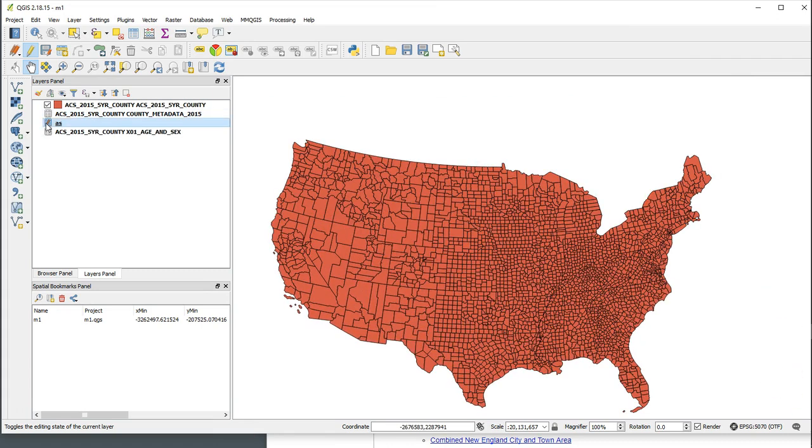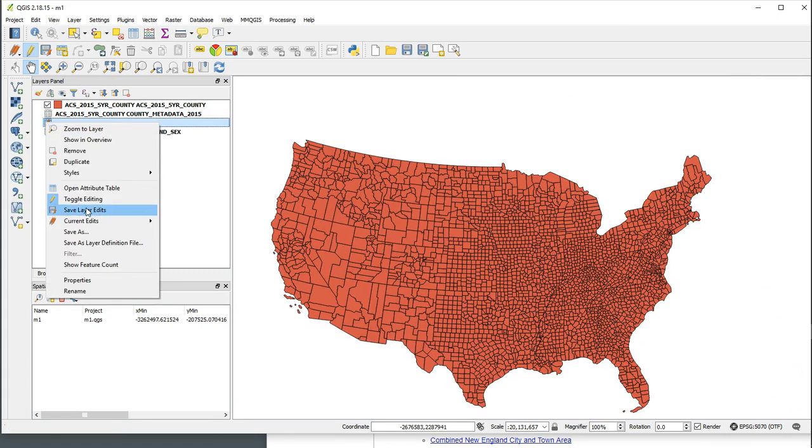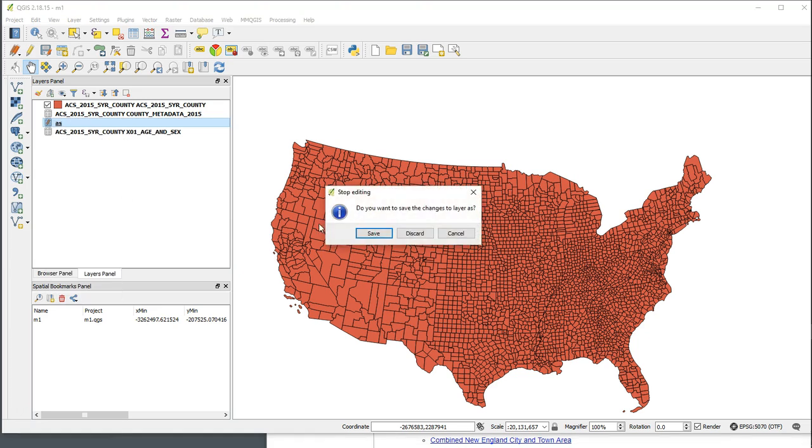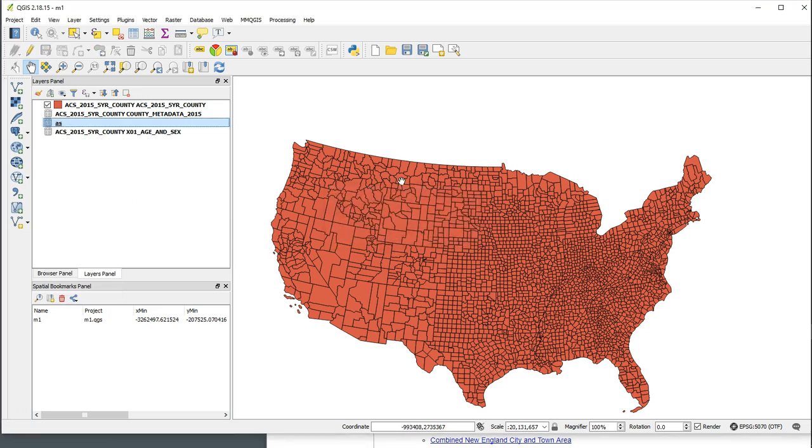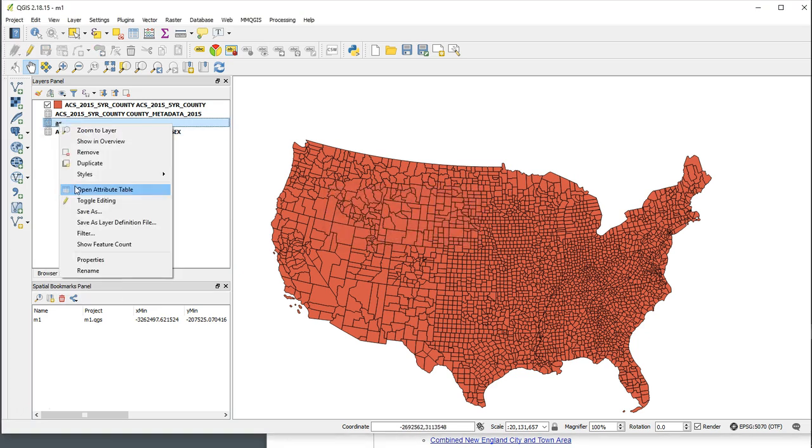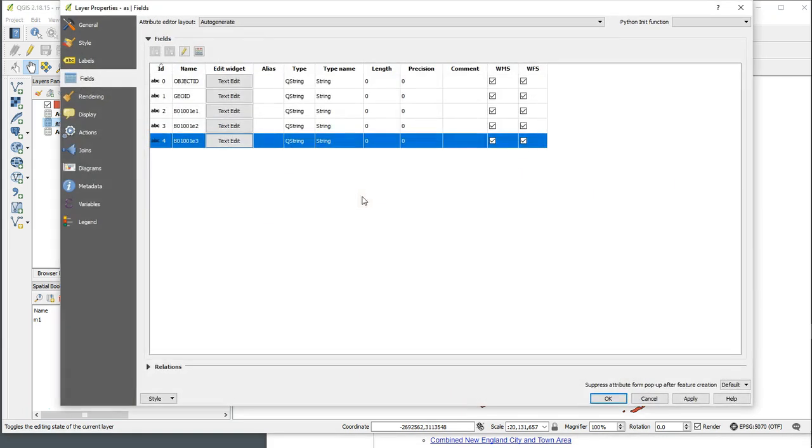And then I'm going to toggle off and say toggle editing. Do you want to save everything? Yes, I want to save that. Now, if we go back and take a look at our properties, we do have an issue here, which is